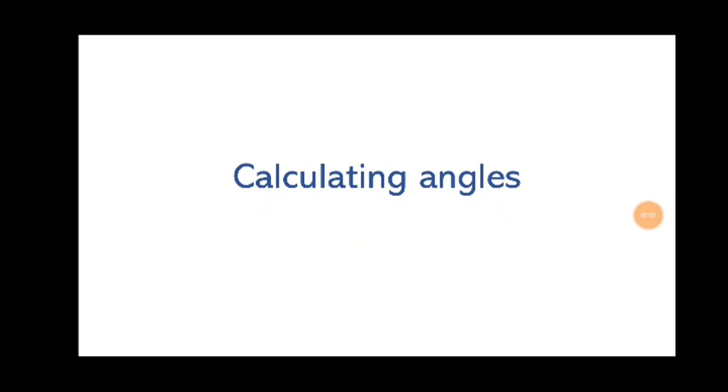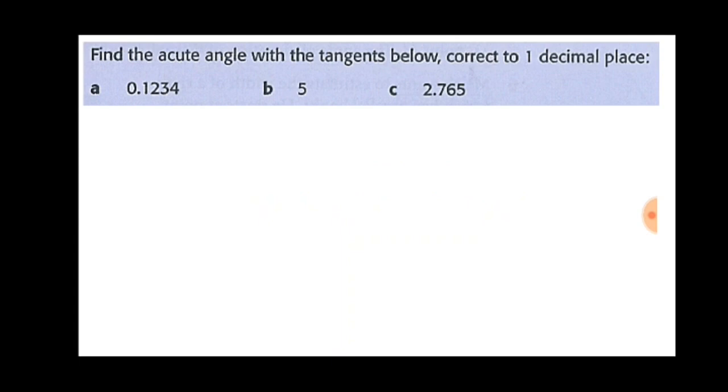Calculating angles. Find the acute angle with the tangents below, correct to one decimal place. Question A, 0.1234. We need to find tan inverse of 0.1234. To do that, using the calculator,